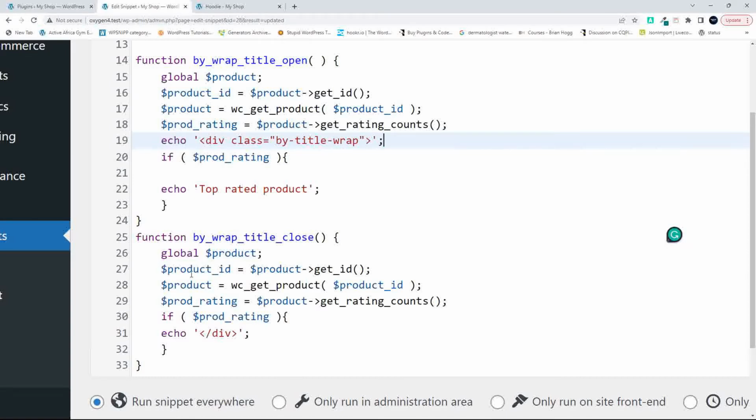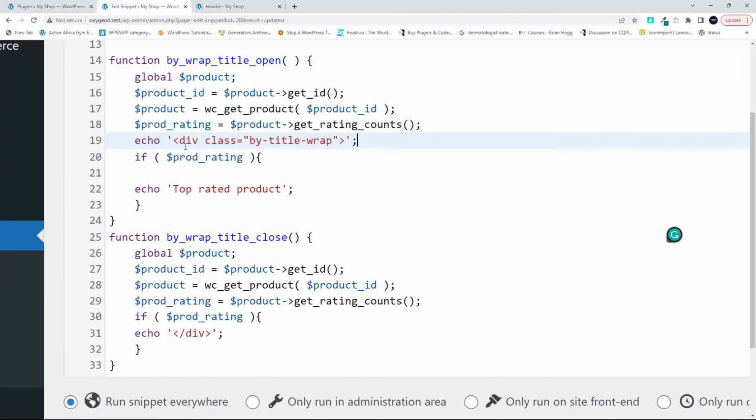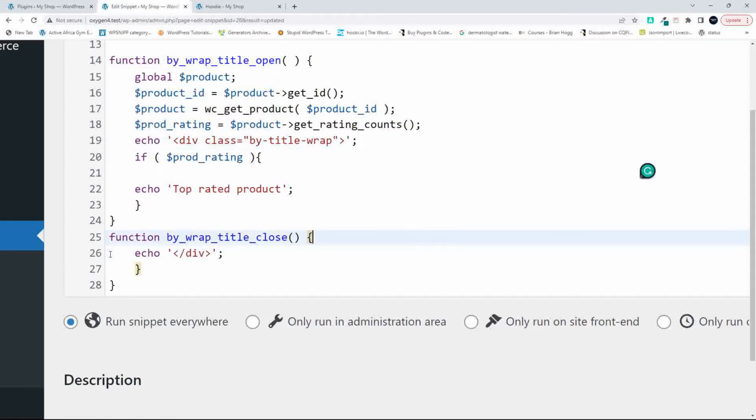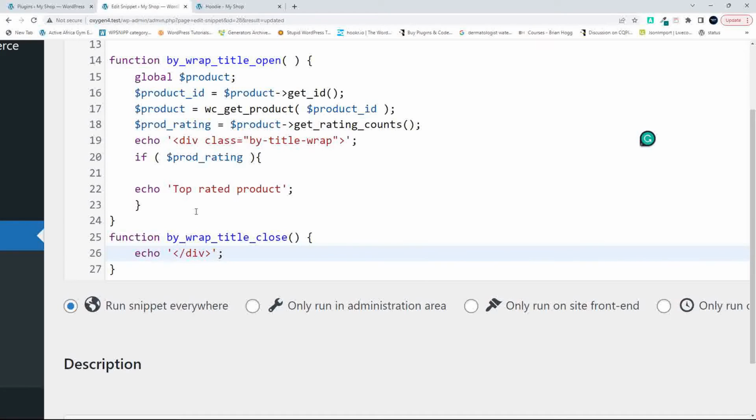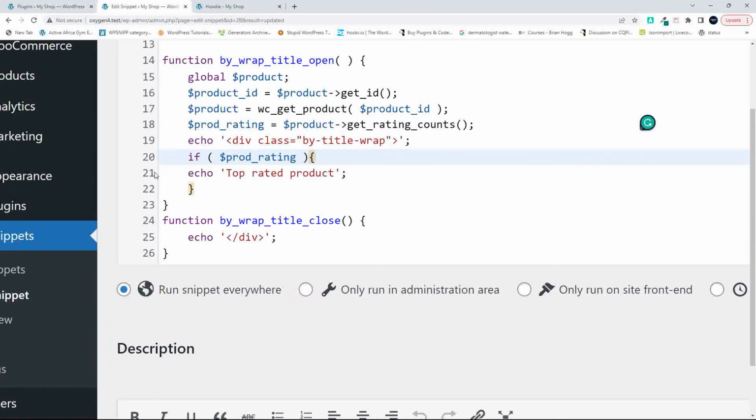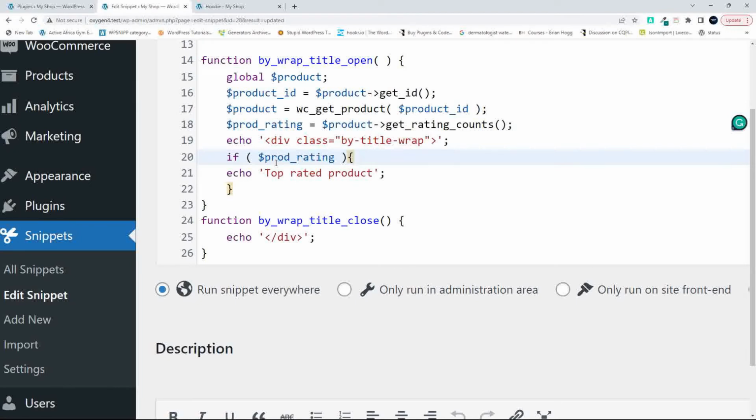And what I'm going to do now with the closing div is, if that's permanently available, this should also be permanently available, so I can remove all the references to the product and whether there is a rating or not. Right, so we have the closing div. Now what we need to do is just change the message that is output. So here we're saying if there is a product rating, then echo out top rated div,